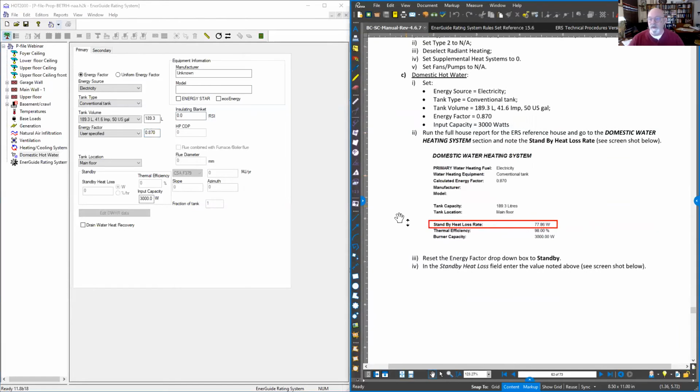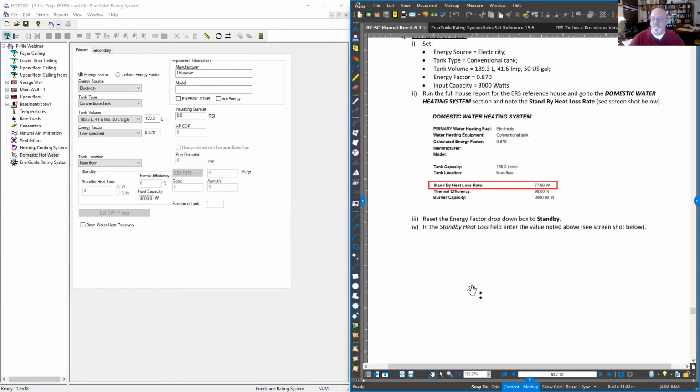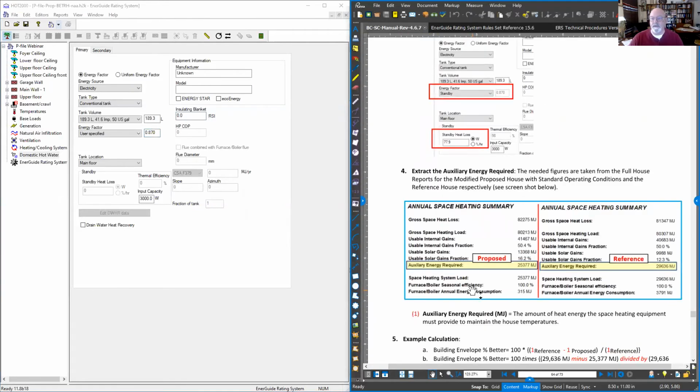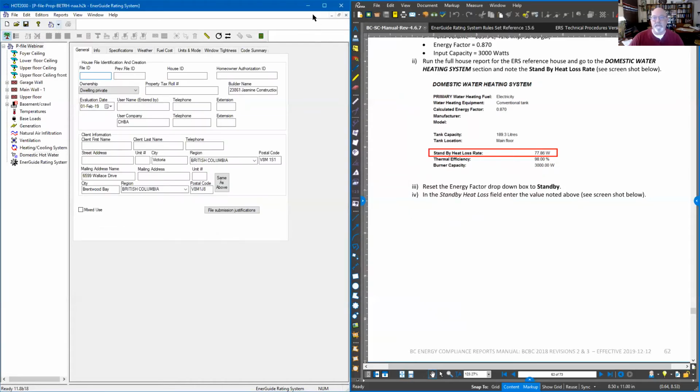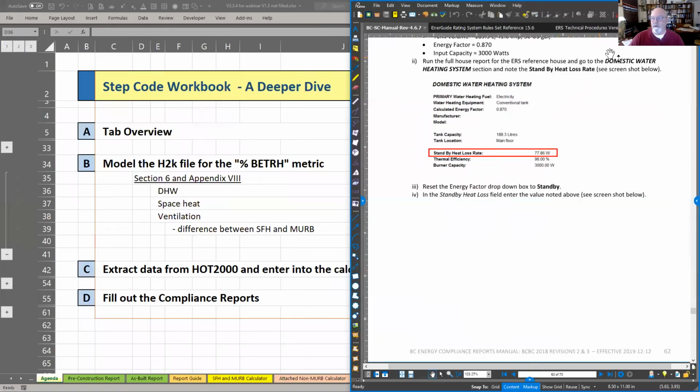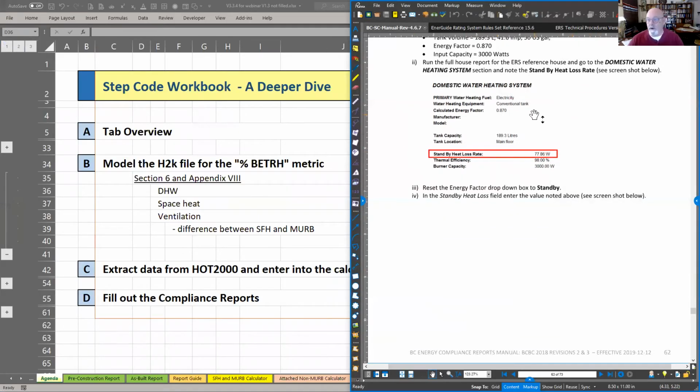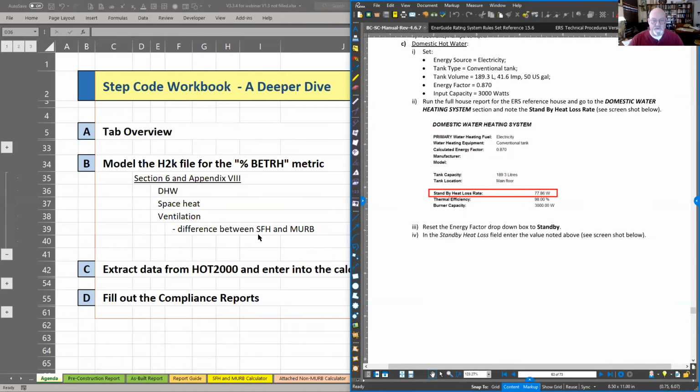And then we are basically done. That's it. We have now done the BETRH file. So we just save this. And again, being quite patient with Hot 2000. And we save it. So one of the other things I noticed here, the difference between SF, single family home